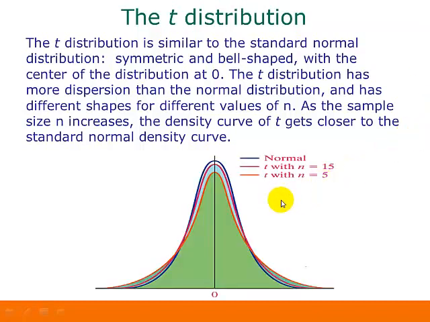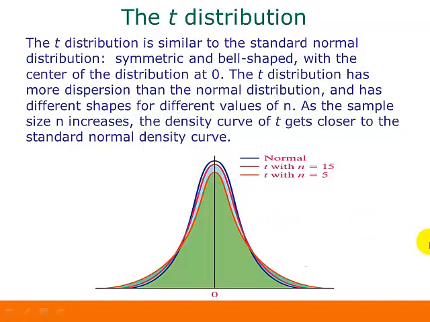So here's a picture of a couple of t distributions for different sample sizes. This one on the very top is the standard normal distribution. The one on the bottom here is a t-distribution when n is equal to 5. And the one in the middle is a t-distribution when n is equal to 15. So you can see here that as the n gets bigger, the distribution is getting closer to looking like the